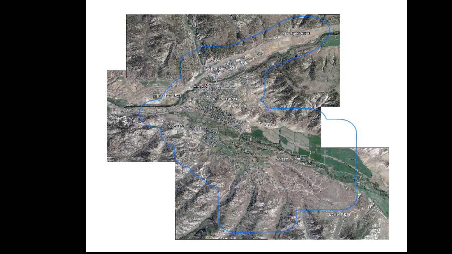What do we see from the aerial view? This one is from Google Earth, and it is a composite picture of 3 images put together. We can see I-70. We can see the Eagle River. We can see downtown Eagle. We can see the agricultural area to the south and to the east. We can see the Eagle Ranch golf course, and we can see development that is taking place. This area to the south and the east has begun development. However, it is not fully developed, as the zoning slide indicated.